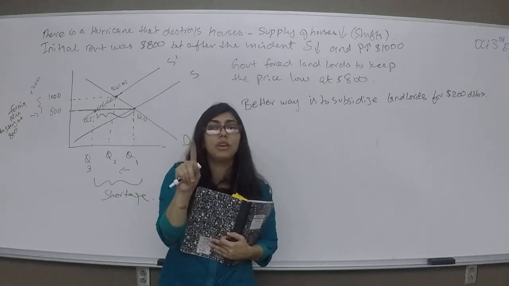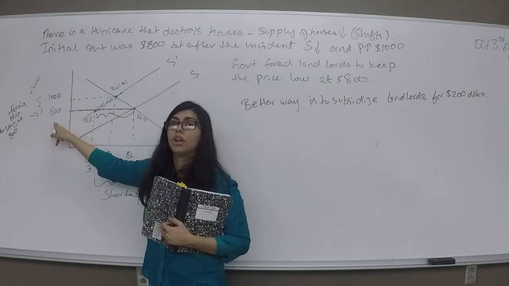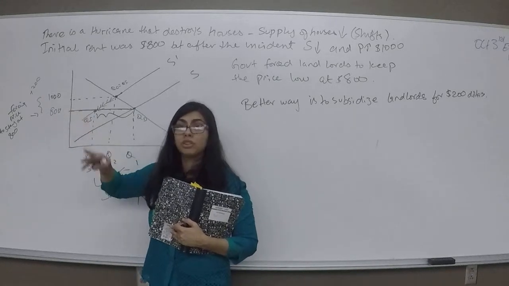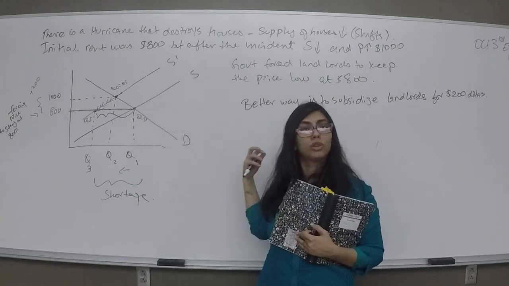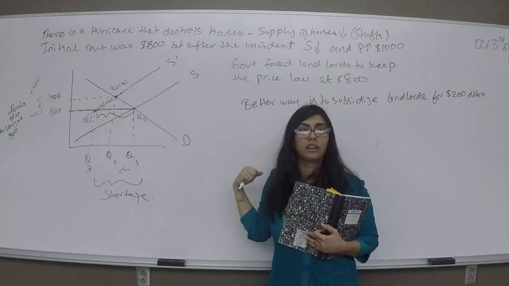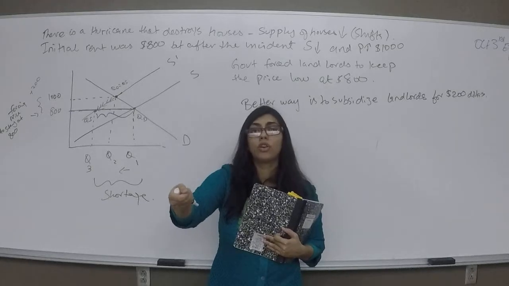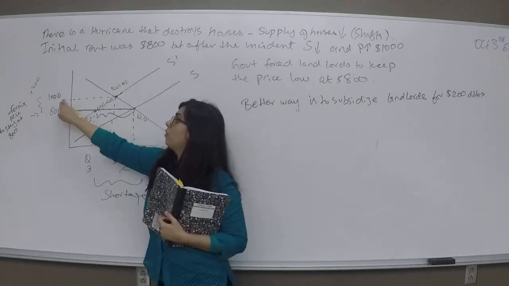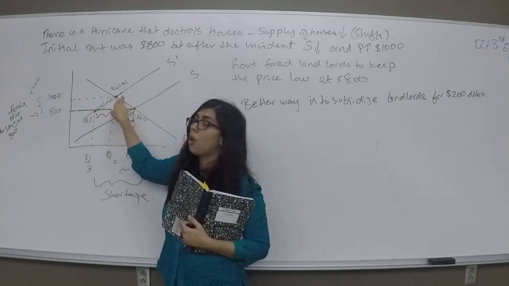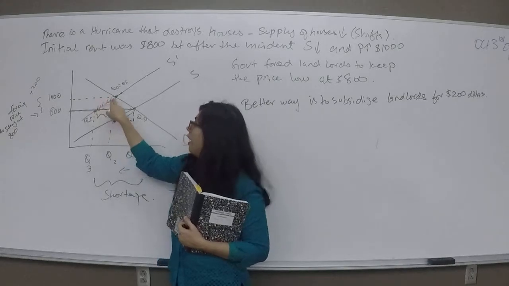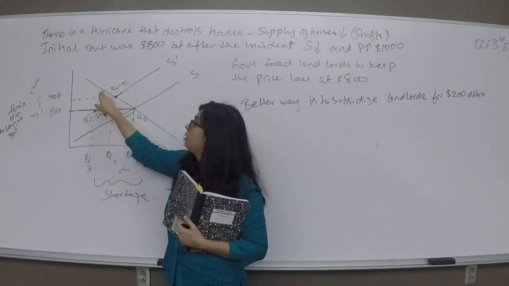The shortage is happening because they were forcing them to rent it out at 800. They were forcing them to rent it out at a low price. Suppliers did not want to rent out at 800, so they exited the market. When government stepped in and gave landlords 200 extra, now their total is 1,000. So we are at this equilibrium point where quantity demand is also equal to quantity supply, so they're able to supply.